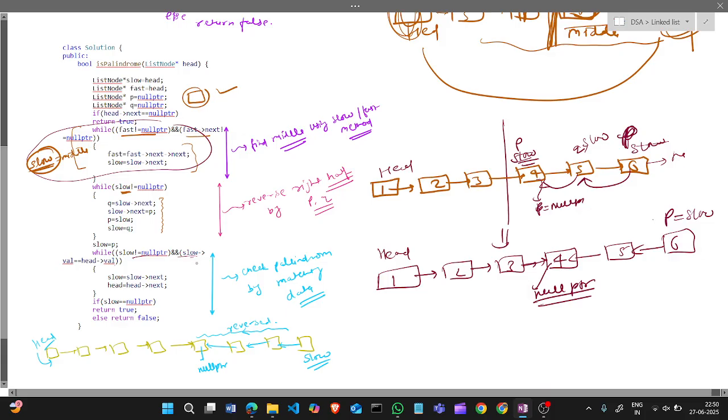So it says slow value is equal to the head value. This is the head value 1 and this is the slow value. Let's say the values are 1 2 3 3 2 1. So its value is 1, slow value is 1, head value is also 1.